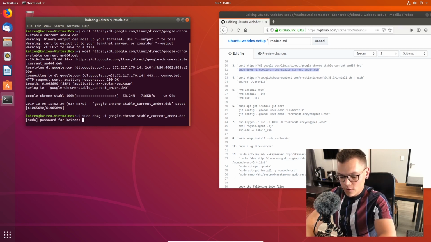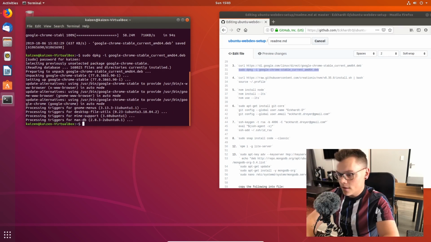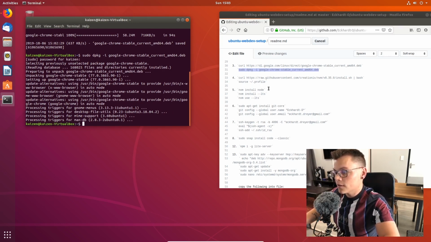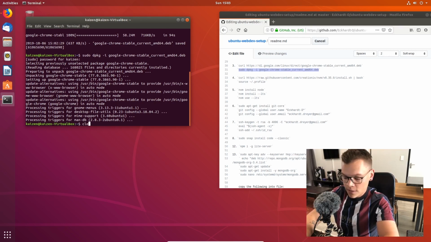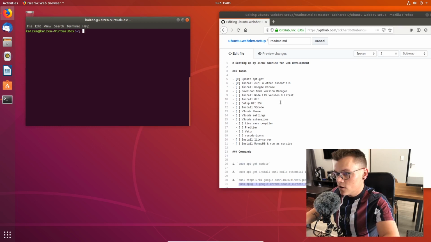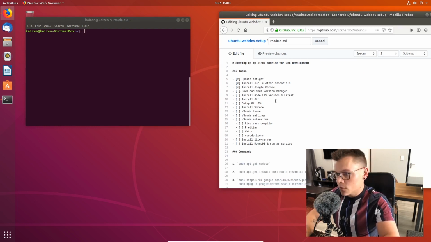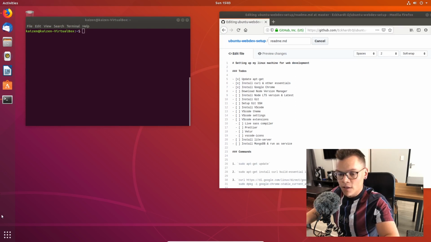Gonna need that sudo password, and that is depackaging it. Alright, so now we can continue with downloading NVM, and let's go check our checklist so that we make sure that we are still doing the right thing. We can X this, and actually what we have to do is see if we have